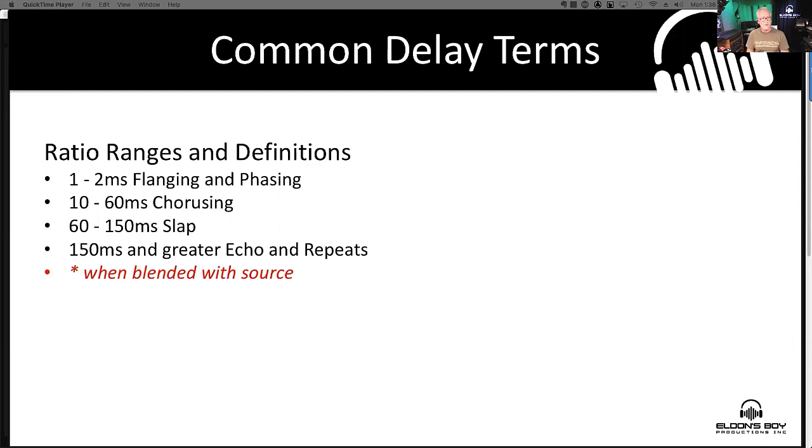I do this a lot with vocals. I'll just tell you right now, especially if I'm doing slap times or even shorter, like short times, something to just give a vocal a little bit of space. A lot of times I'll just insert it right on the channel itself, and blend it back. It probably won't take more than 15, 18, 20% of a slap on that vocal to make it sound right. And the beauty of that is now you can take that slapped vocal and then send it up to a reverb, send it up to another delay, whatever you want, and without having to create all this dual